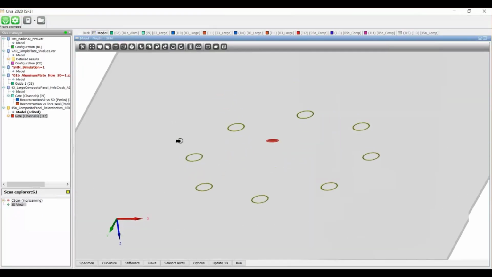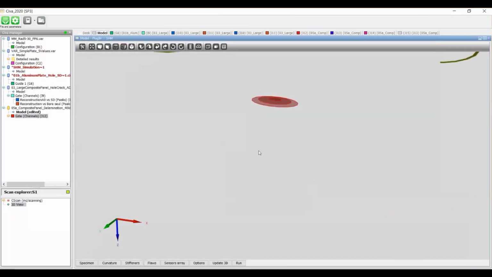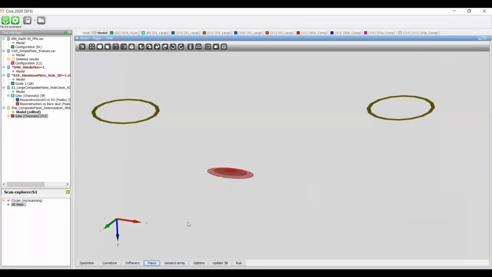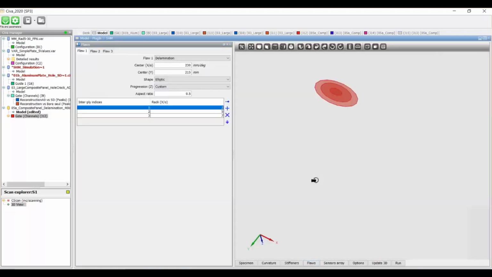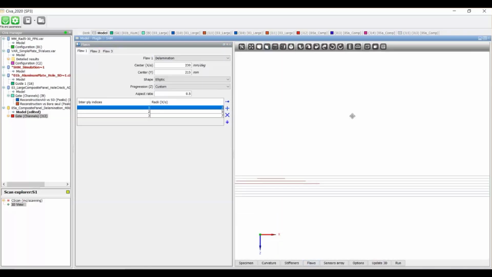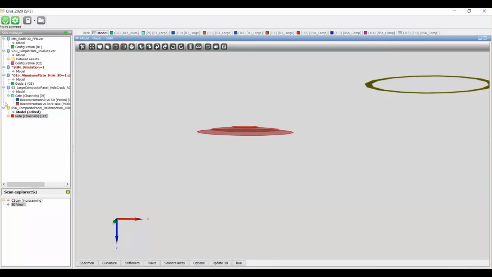Okay, so here it's more or less the same 8 ply structure, but a delamination defect has been defined with an elliptical shape. If you look at it from the top, you can consider that the delamination is not only on one ply, but also is generated at different plies with different extension depending on the location. Okay, this is what we have done here. This first simulation has been done with 40 kilohertz sensors.